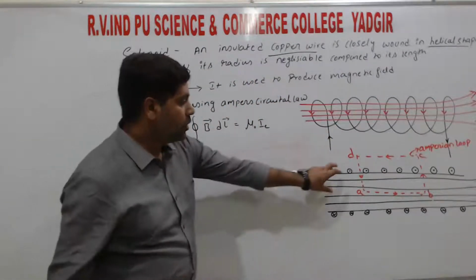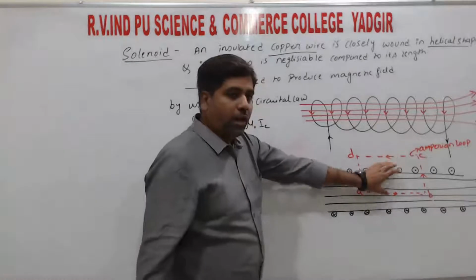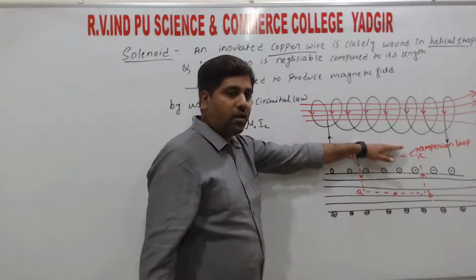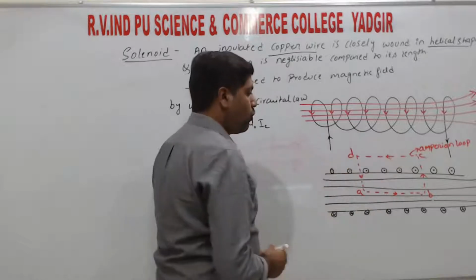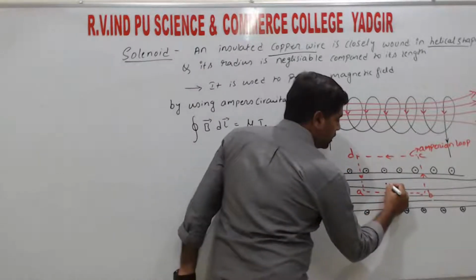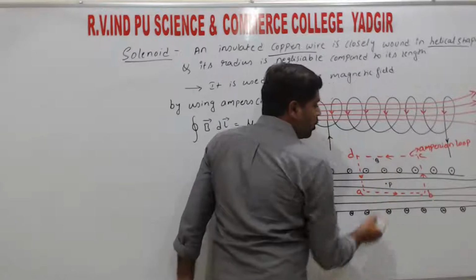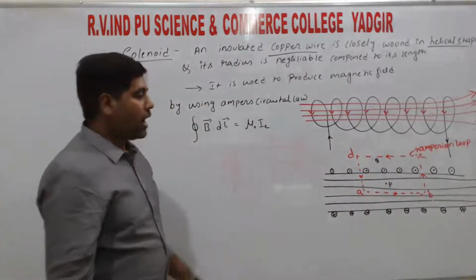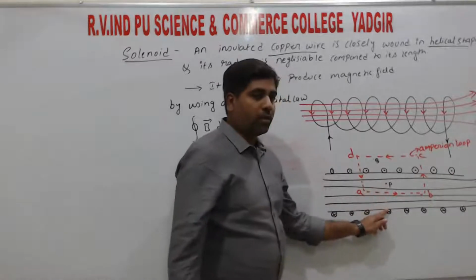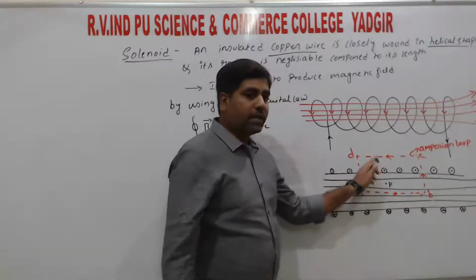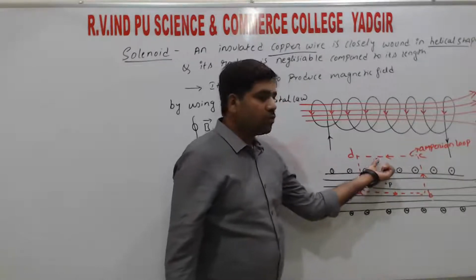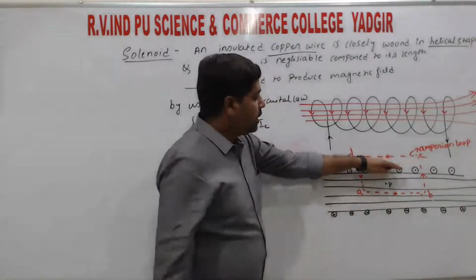That means half of the loop has the magnetic field present inside, and half is outside, right? If we consider two points, one is point P and another is point Q. At point P the magnetic strength is more and the magnetic field is uniform. At Q the magnetic strength is weak, and we can say the magnetic field at point Q is almost zero,